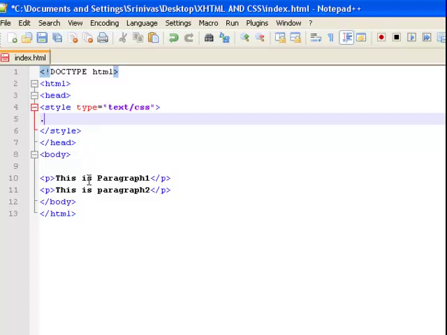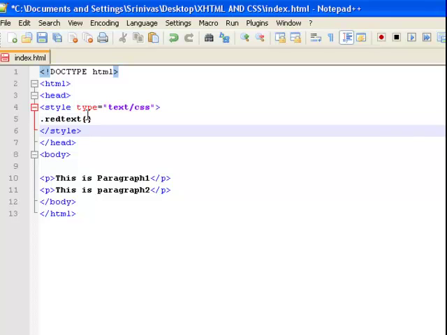So I want to give the name of the class as red text. Whatever name you give, maintain a related title or related name so that your CSS is more understandable. I mean, it's very clear to understand if you give a related title for that class. So I'm typing here color red,